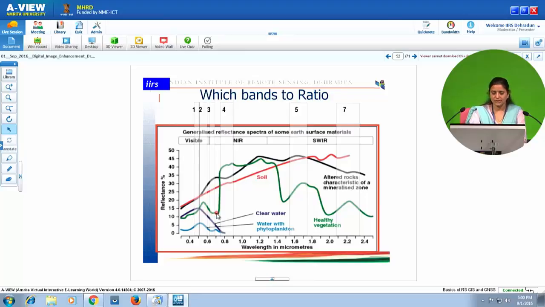You can see here in the spectral reflectance curve of vegetation, we have a dip in the red part, whereas a very steep rise in the infrared part, near infrared. So, if we take near infrared upon red, we will get very high values of the ratio, and this is how we will be able to discriminate the vegetation from other features.